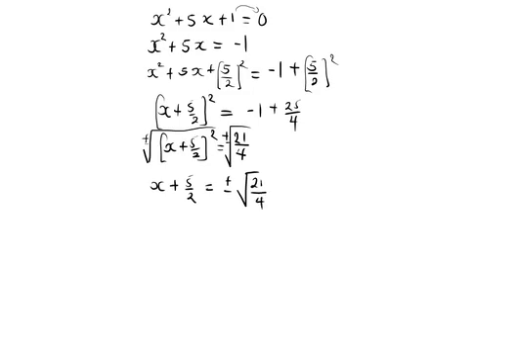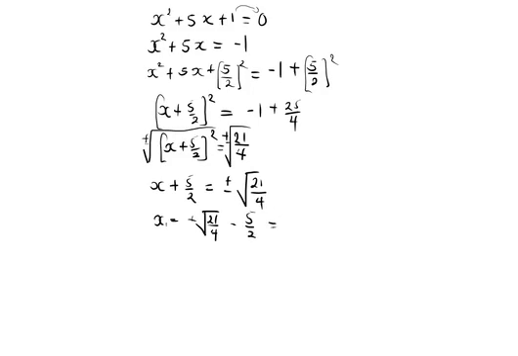So to get the value of x, first we work out when the root is positive. So the first x will be equal to positive square root of 21 over 4 minus 5 over 2, which